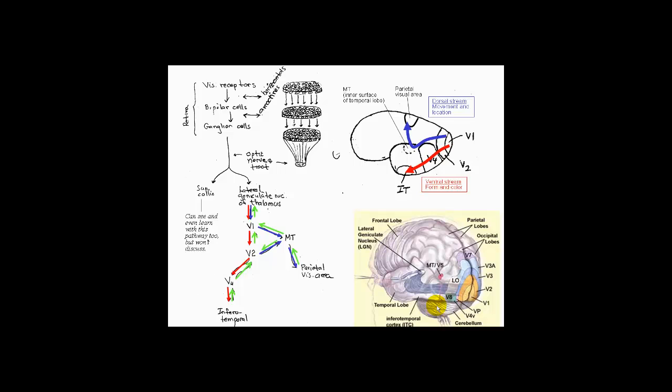Now, I've drawn both the red and the blue. And that's because these are two different streams of visual processing that do different things. The dorsal, let's talk about the ventral stream first. The ventral stream is often referred to,